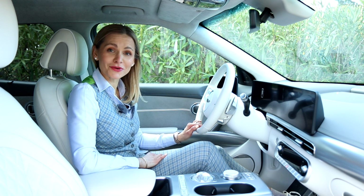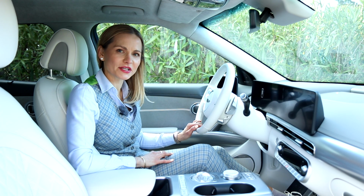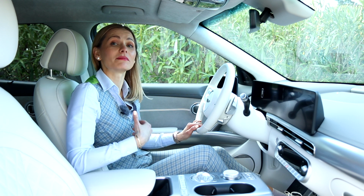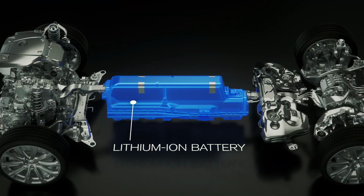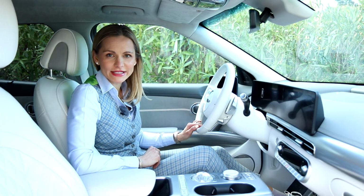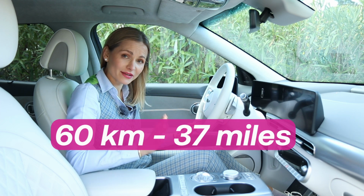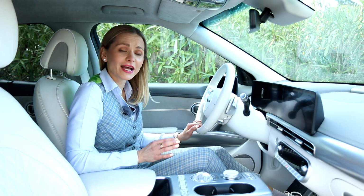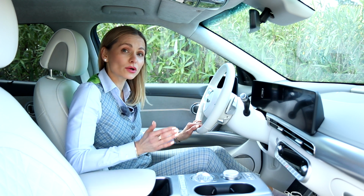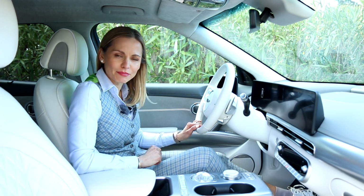Last but certainly not least is a plug-in hybrid, which works similarly, but the difference here is that to charge it, you plug it into an external power source because we've got a much larger battery. But this also means that our electric-only driving range is far greater. Typically, you get about 60 kilometers on a full charge, but this does vary from car to car and usually refers to driving in mild climate, city, local road speed, rather than blasting it hard in freezing temperature or heat